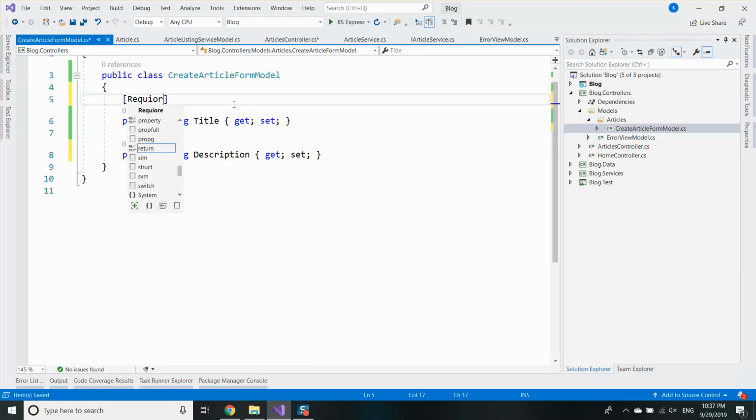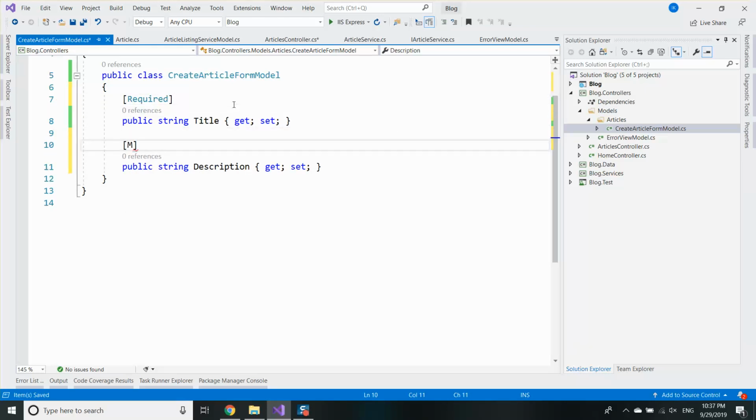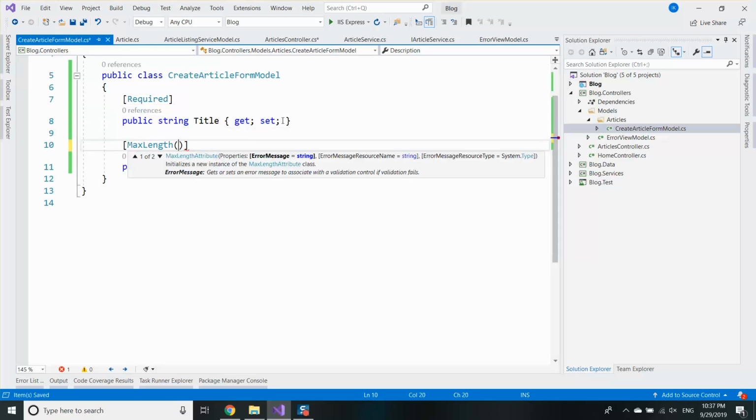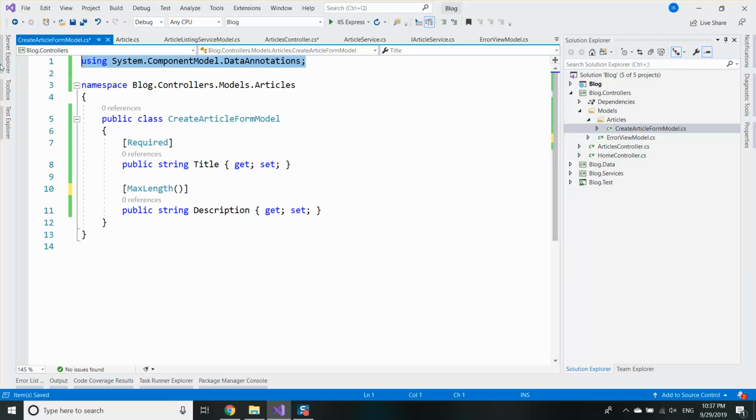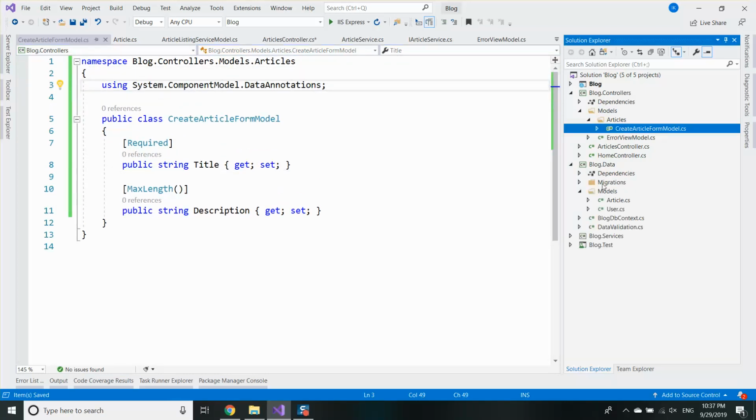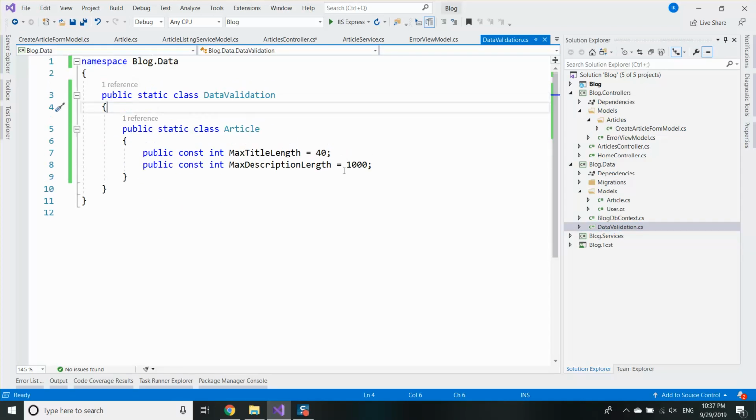We should have some sort of validation here, and we may reuse the same validation we used here. That's the coolest thing about extracting the validation constants. We can reuse them